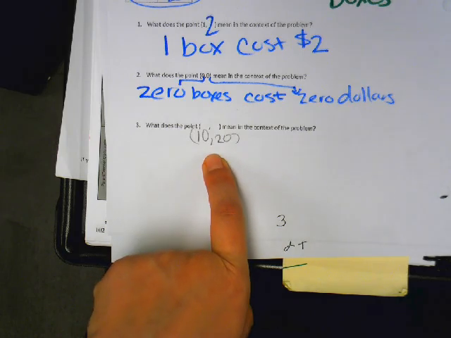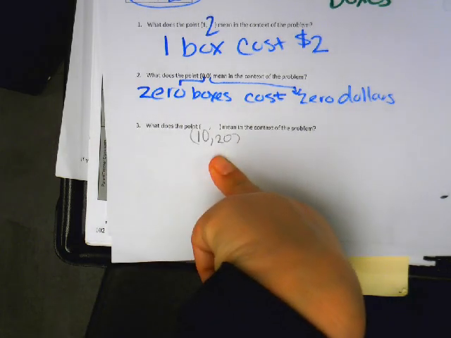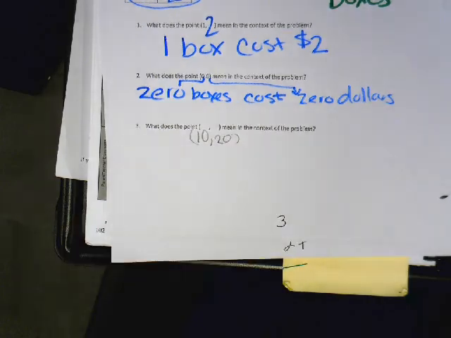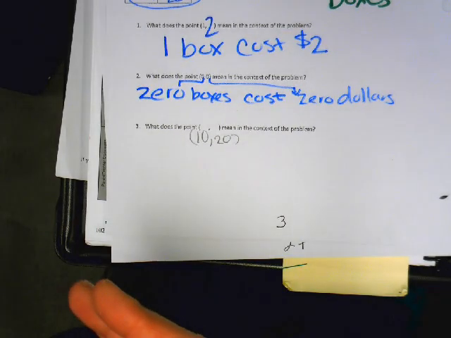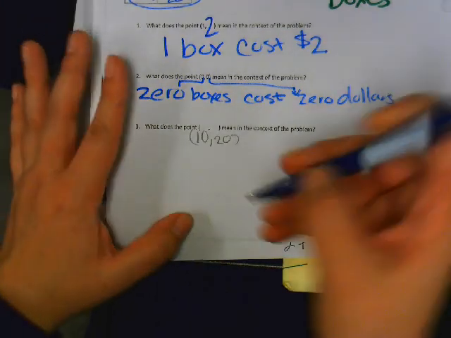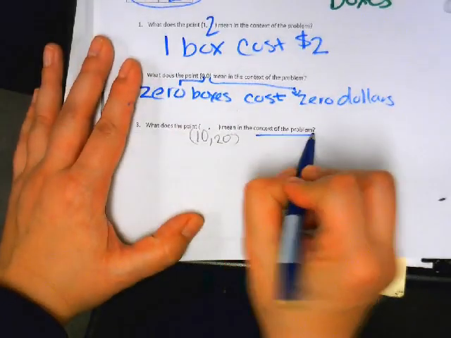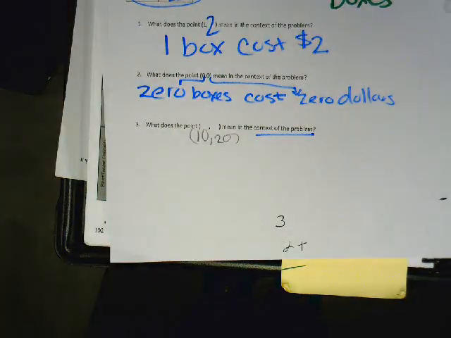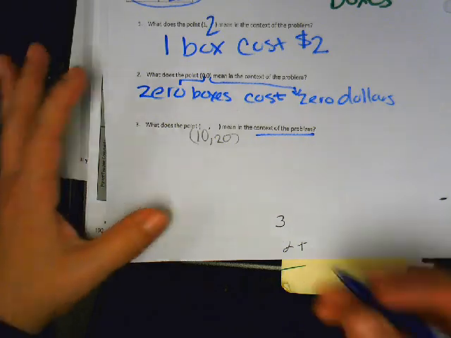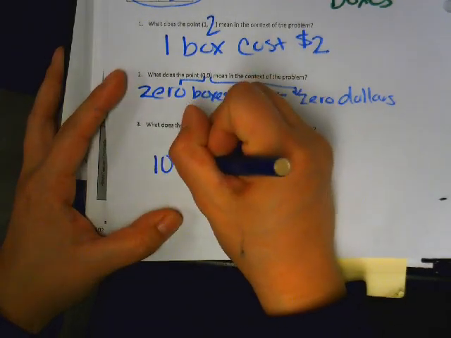Fantastic. What does the 10 mean? Boxes. What does the 20 mean? All right, write it down. That means context of the problem just means in the story. What do the numbers mean in the story? Oh, it means 10 boxes cost